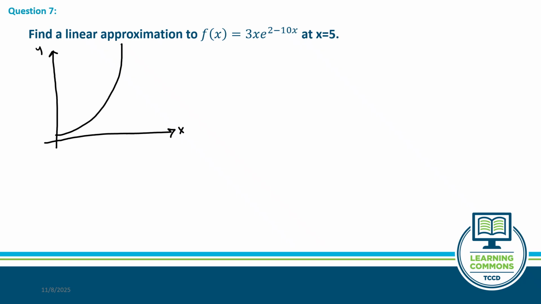And then the tangent line looks like this, okay? And I can say, well, at this point right here, how close am I? That approximation, how close is it? And to determine that, the formula is